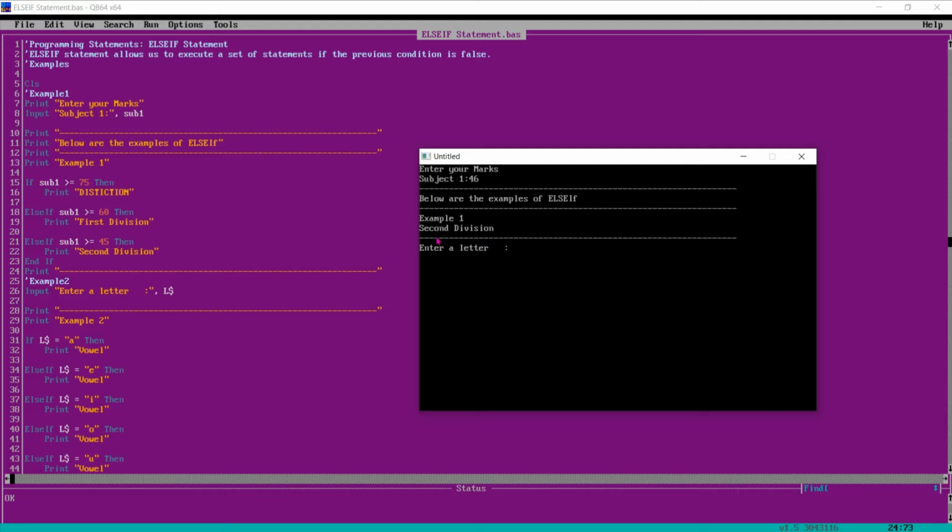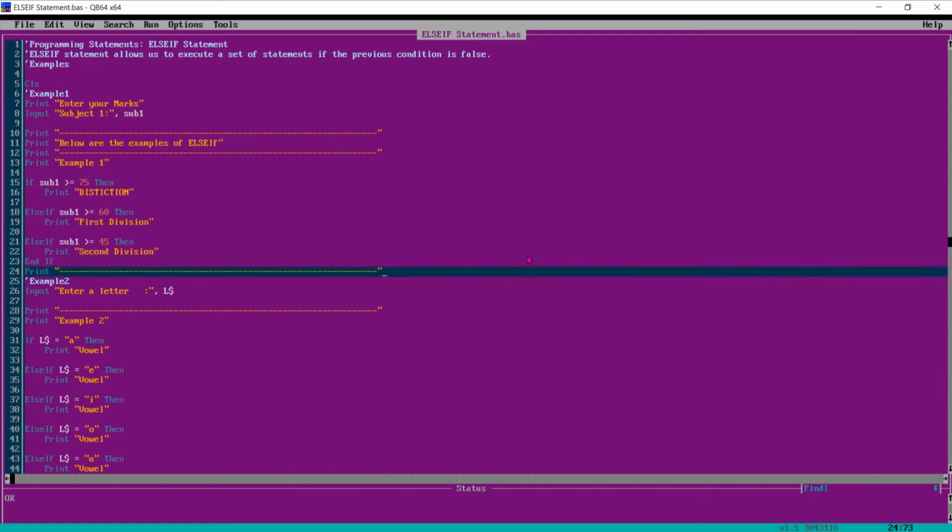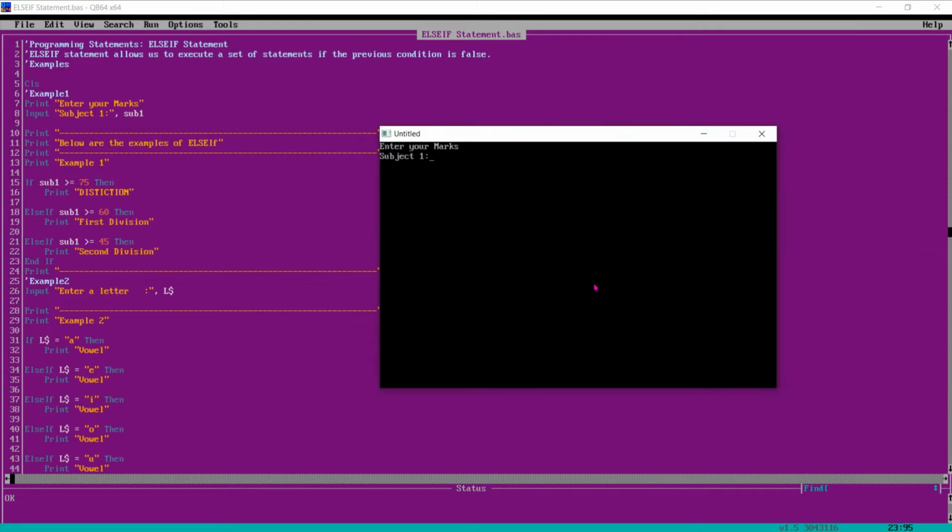Now I have drawn a line here to separate example 1 and example 2. Enter a letter. This is O. This is a vowel, right? This time we will enter, let's say, 30. Then it will not print anything because we have not given any condition for it.